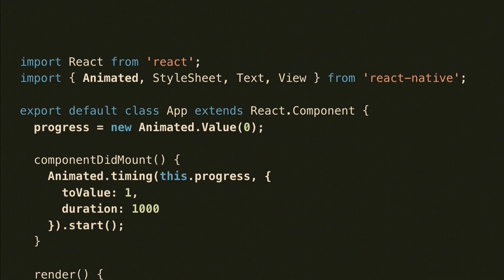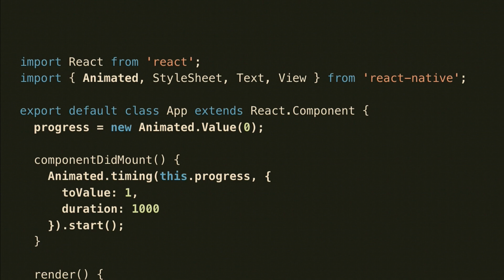This is something that some people have different opinions about, where they would like to keep animated values. Some people put them on state or other places. I personally prefer doing it like this, but you're welcome to put the value wherever you like. Some people might initialize the value in componentDidMount. It's totally fine. It really doesn't matter too much. I prefer it this way because typically